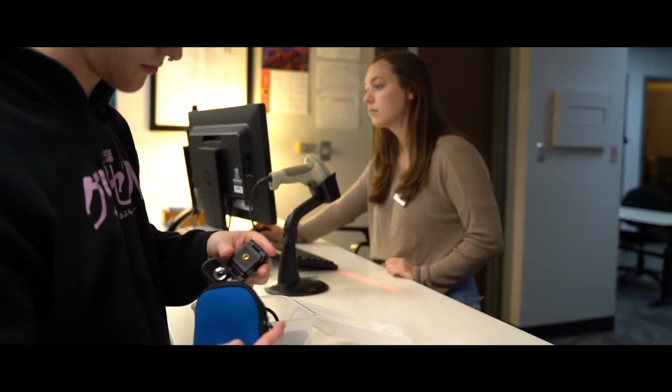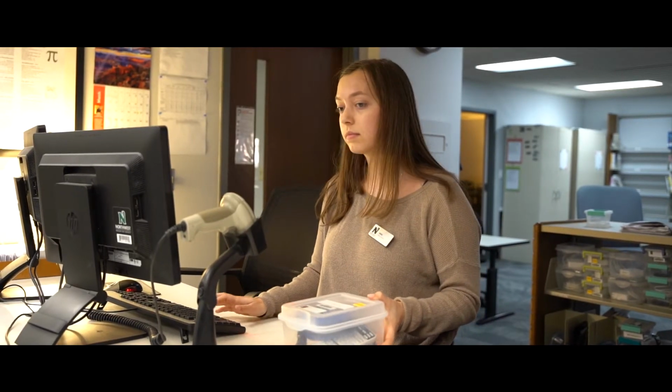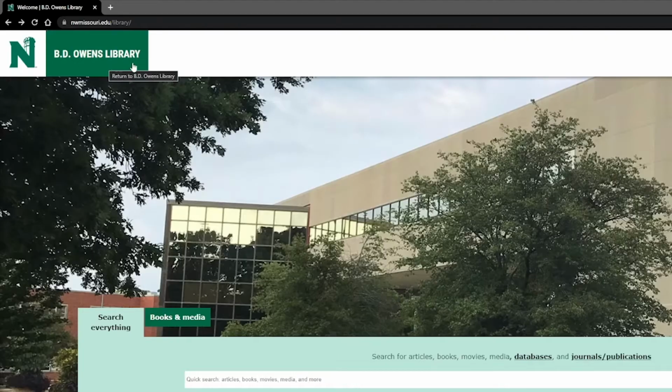Larger rooms also come with a projector. The projector equipment, along with markers and erasers for the whiteboards, can be checked out at the front desk of the library. In order to reserve a study room, the first step is to access the BD Owens Library webpage